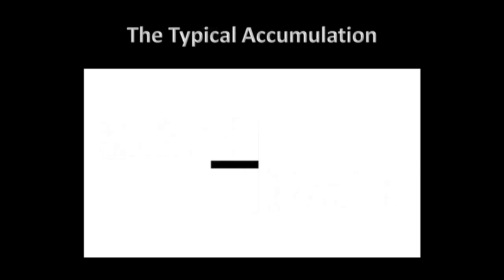Now, the typical accumulation starts at the opening price. What happens at the opening price? Well, obviously, we would like to know in advance that we're going to be anticipating an up day. If we do, we're looking for a down move away from that opening price. Now, how much of a down move? Well, that's dependent upon several things that we can't answer